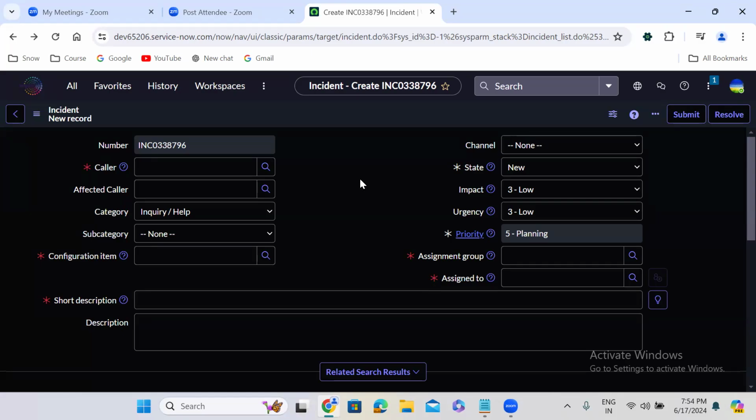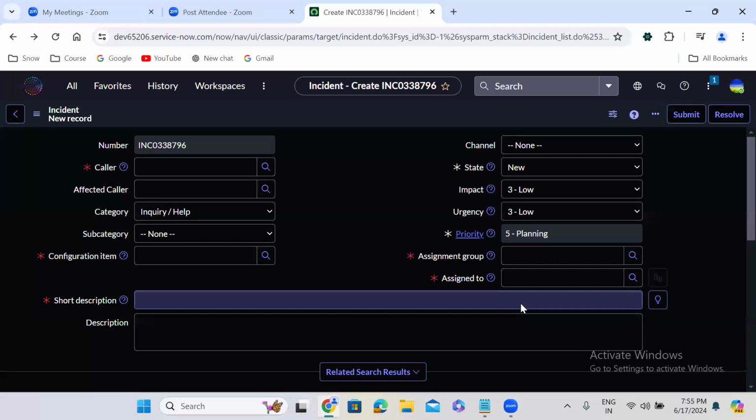Though this form is already designed, we still have an option to modify and customize this form as a ServiceNow developer. Say I don't want this field to be mandatory. So I have to make this field non-mandatory, so that it becomes non-mandatory for every employee in the organization.